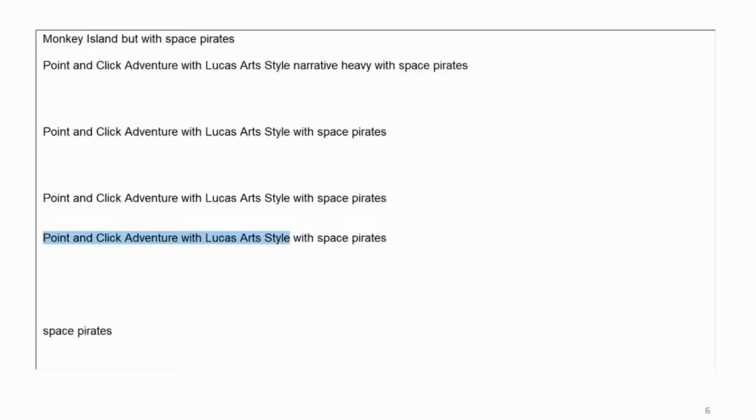Now it's your experience from gaming, but also your experience from developing. What do you need to have the point and click adventure with LucasArts style? I would say what we need is all these little parts of chat, all these little parts from items, and all these little parts from basically the logic.